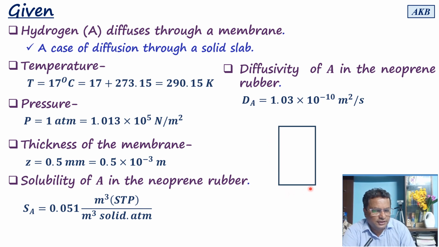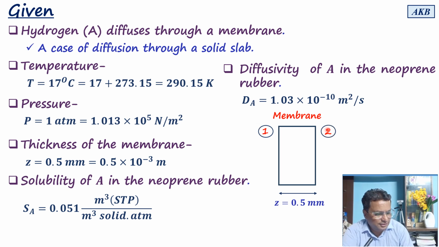So you have the neoprene rubber membrane over here, the membrane. Then thickness of the membrane is 0.5 mm. We have noted over here thickness, that means this dimension of the membrane is 0.5 mm. Let us call this end of the membrane, let us represent that by 1, whereas the other end of the membrane, let us represent it as 2, and diffusion is going to take place from end 1, where partial pressure